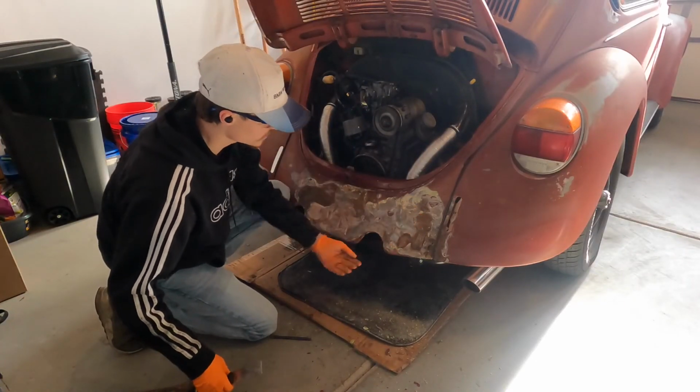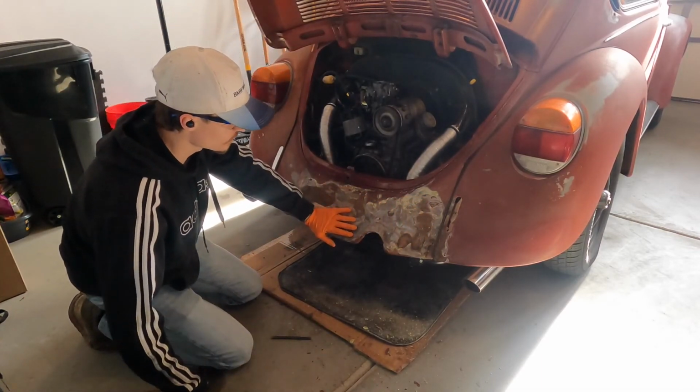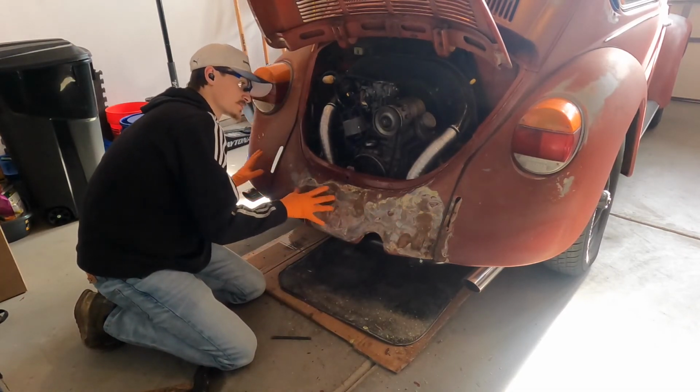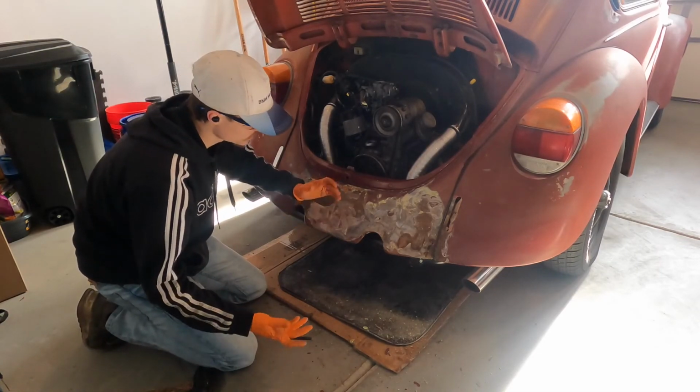Now this panel underneath is pretty rough. It's all warped and everything and pretty beat up. I'm fairly sure the car's been in an accident before. Seems like it's just this area though. Everything in the front, I can't tell that there's all that much Bondo. We'll see in the future though, but